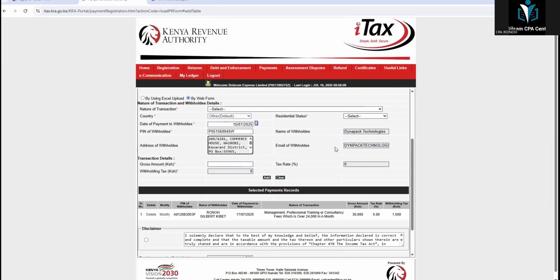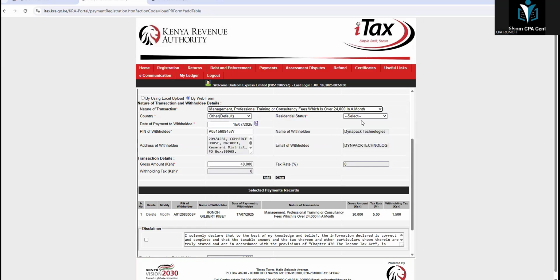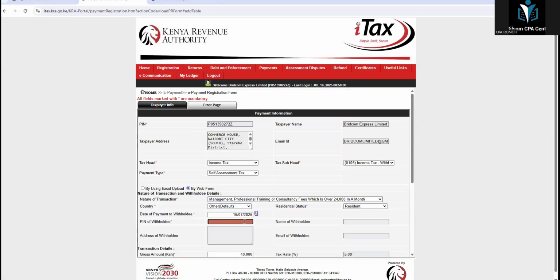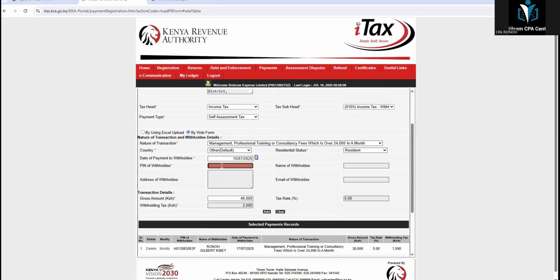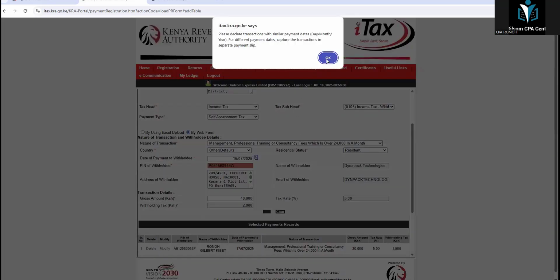8945W. So it will populate everything. Let's say this one you are paying 40,000. It will also be the nature, the professional fee, resident. Then you will say add the PIN of the withholdee. See, you didn't put the PIN of the withholdee. 8945W. Yeah, that one. Yes, add the details,